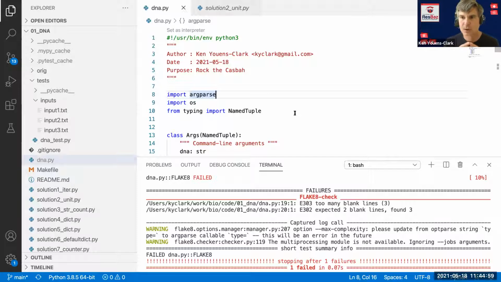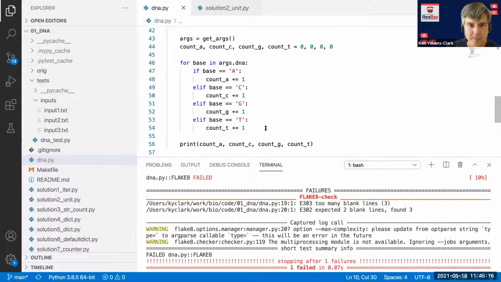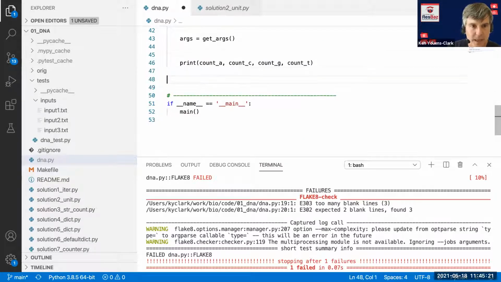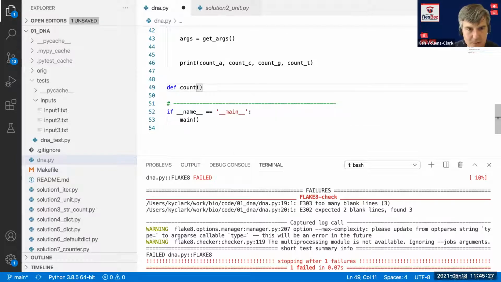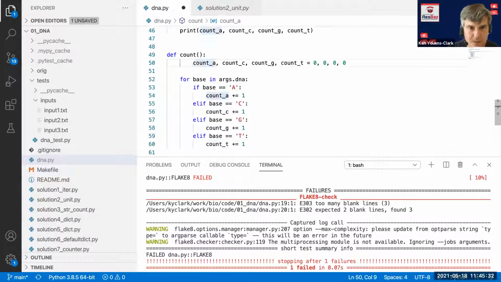As you're developing code, you're going to want to write small functions that do a very limited number of things. Usually one is good. And then you want to write a test to verify that that function does what it's supposed to do. So for instance, I can't remember what I called it in the book, but all of this code right here belongs in a function. And in Python, I can create a function by using def, and I'll just call it count. For the moment, I'm just going to paste this code. So this is all the code that I was executing.